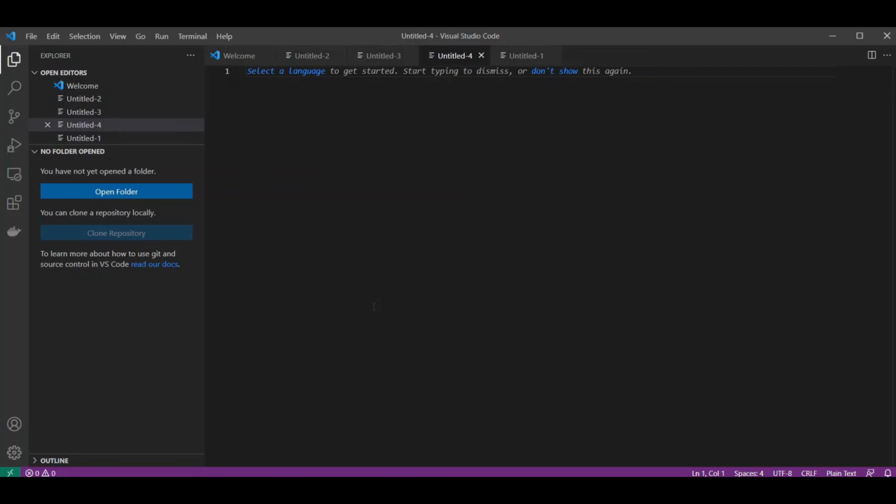For example, Facebook is made completely in PHP, and the co-founder of this company, as far as I reckon, is already well known, Mark Zuckerberg. So this is the overview of web development, and this is the overview and introduction of Visual Studio Code.